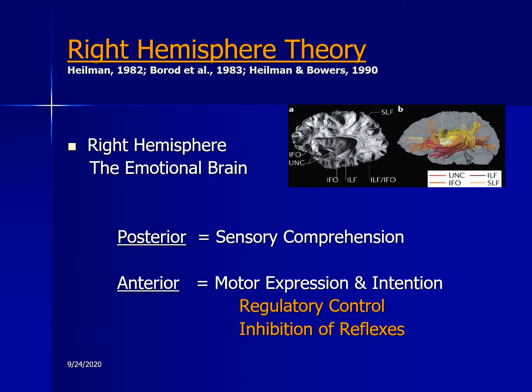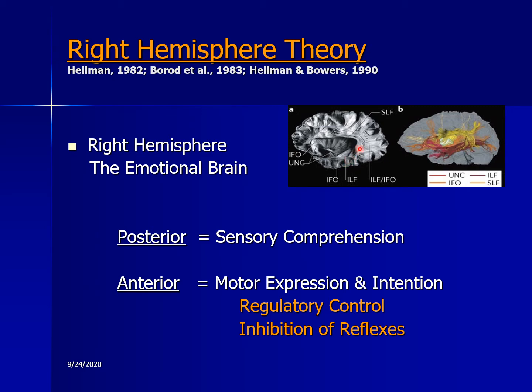So right hemisphere theory now, the right brain is viewed oftentimes as being the emotional brain, and the anatomy here is that the frontal lobes are inhibitory over the systems in the back of the brain via all of these U connectors. So different parts of your frontal lobe inhibit different parts of the back of your brain. The posterior part of your brain, every sensory modality goes back there. So if you're looking at an emotional face or hearing an emotional musical melody, or if you're feeling emotion throughout